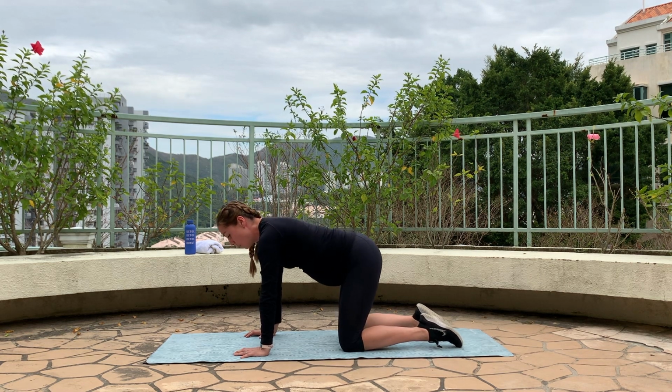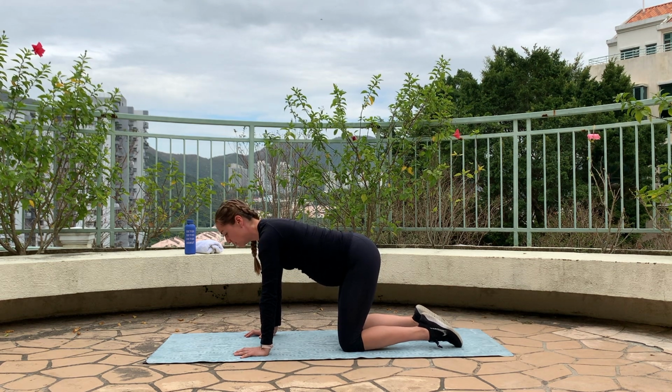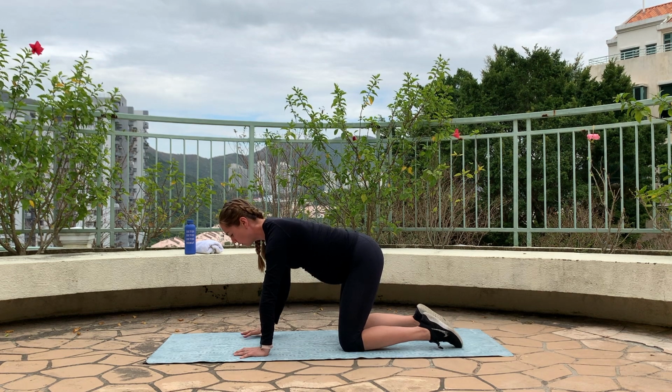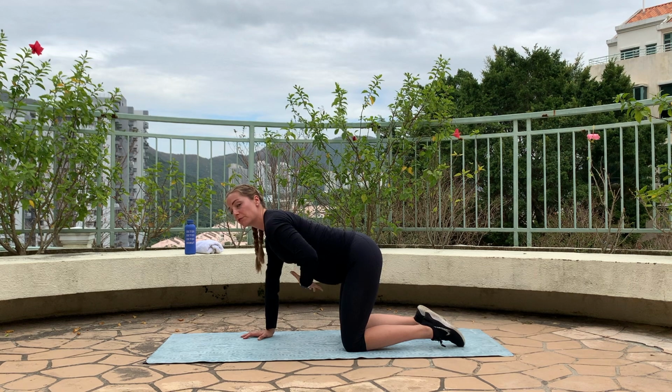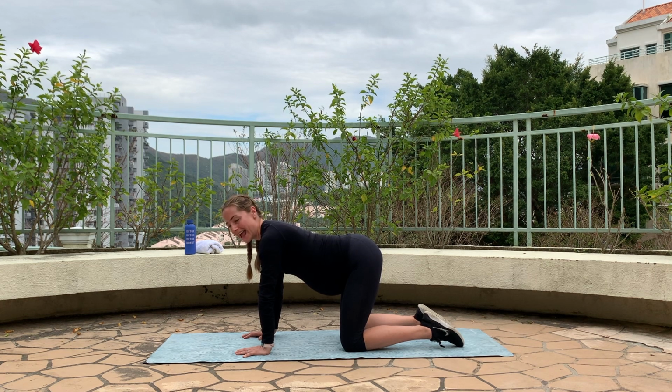Good, okay. We'll find that neutral, so we're not letting belly draw us down. We're finding the neutral position with our spine, so there's a little bit of activity in the glutes and the core. Here, rather than the movement being in our spine, the movement's all gonna be in our core. So from this quad position, as we inhale, release belly, and then as you exhale,